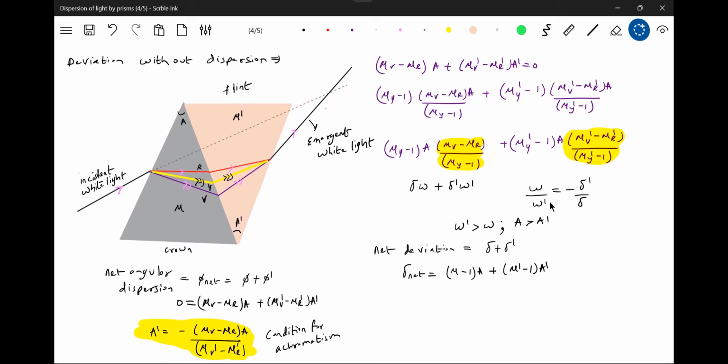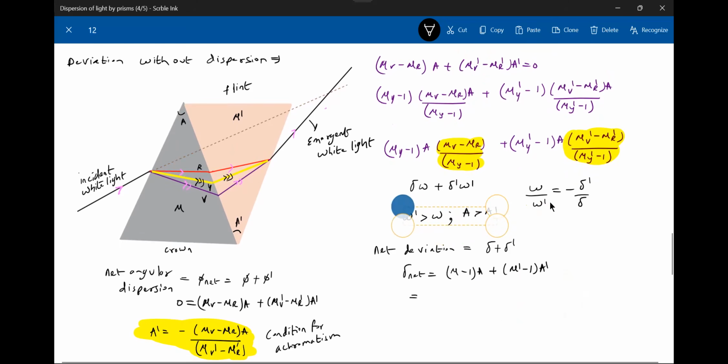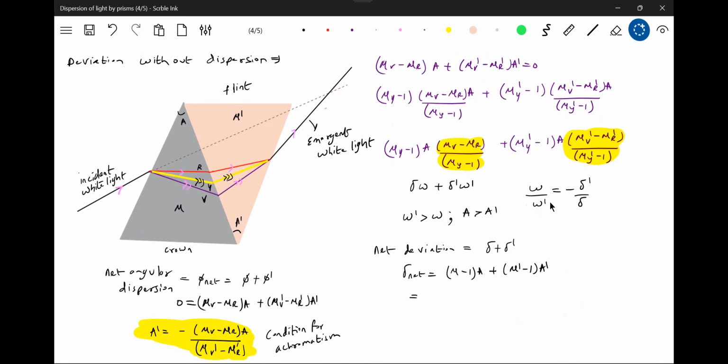Now you see this. Further we'll explore this equation. Mu minus 1. So shall we adjust, mu minus 1 A, let me take common. Mu minus 1 A will be common, 1 plus